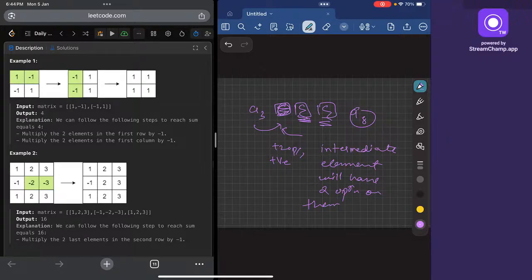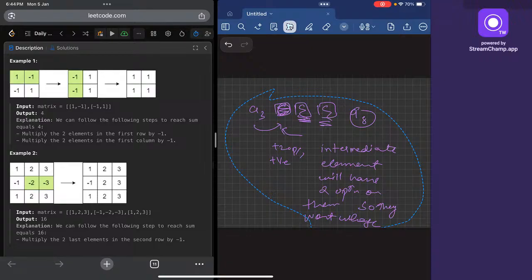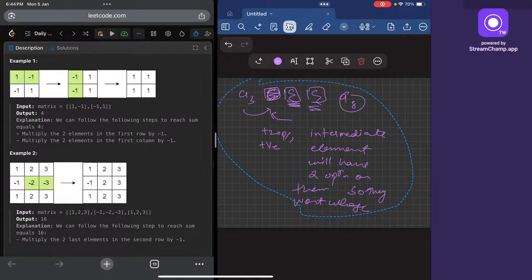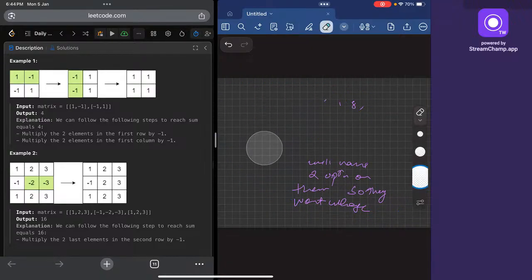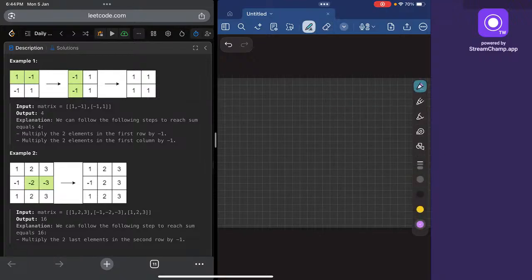So the sign of the middle element won't change, so they won't change. Okay, now I am thinking of collecting negative elements in an array. Okay, negative elements, array of negative elements, negatives, a_i, a_1, a, let's assume we have some x elements that are negative,